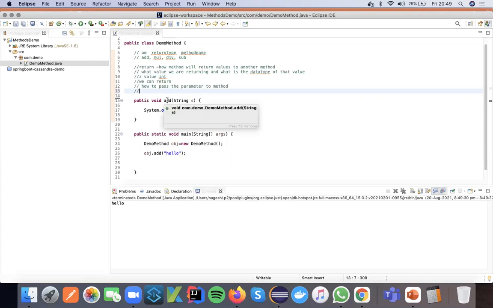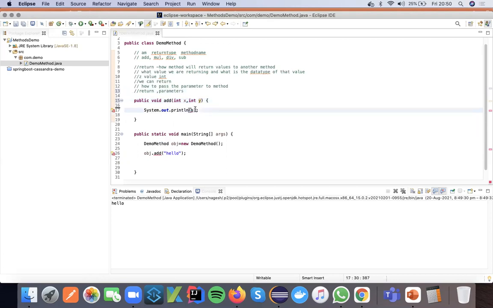Now I want to send values and return a value too. Both operations need to happen at the same time. So how will that happen? Let me repeat one more time. I have to return values and I have to send parameters. Parameters I have to pass, and at the same time I have to return the value. How will it happen, we will discuss. Here I want to perform an addition operation. We haven't discussed string methods yet, that's why I'm going back to integer values.